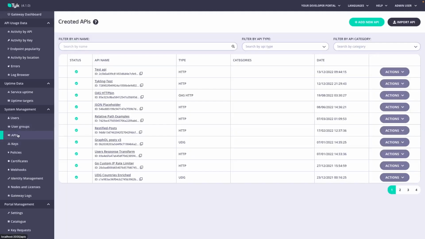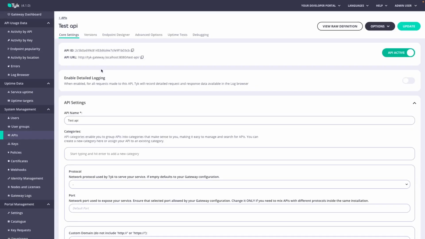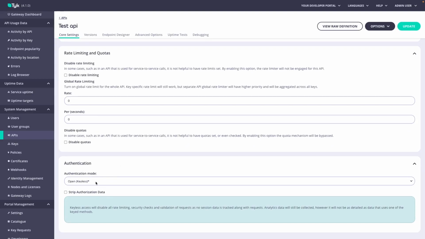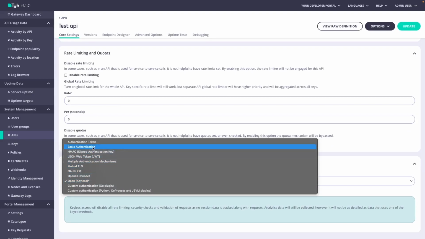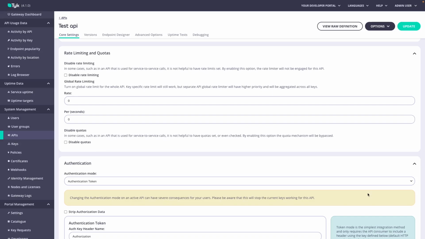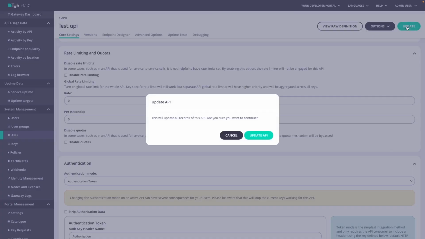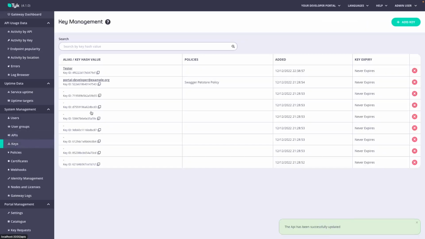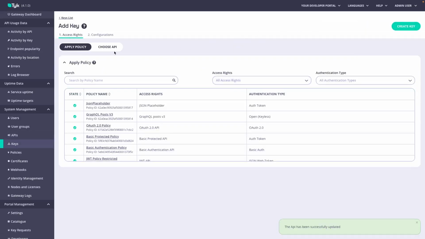Oh, first I have to go back to API and configure this right here. So rather than keyless, I'm going to go ahead and request just an authentication token and update it. And then we can head over to keys